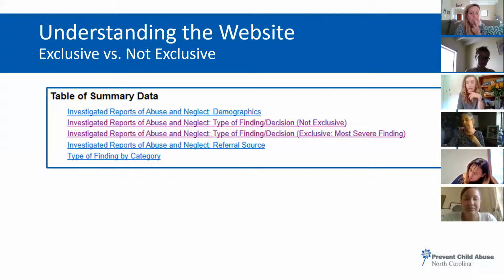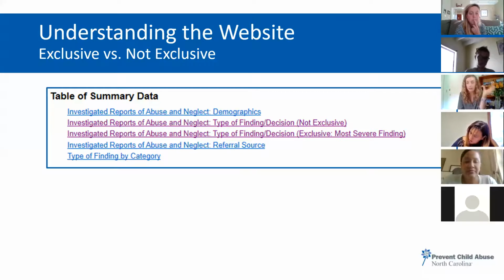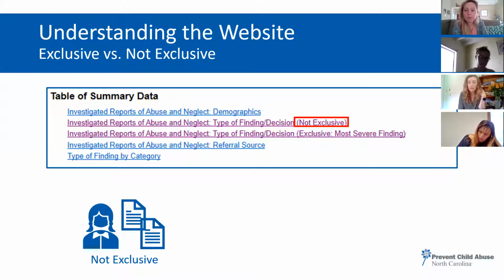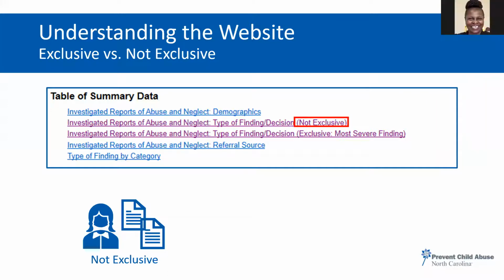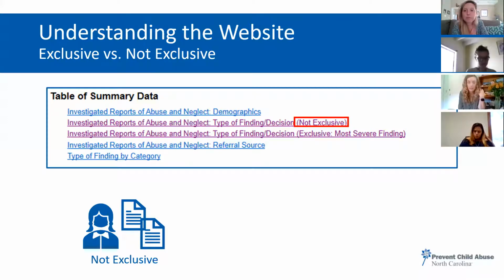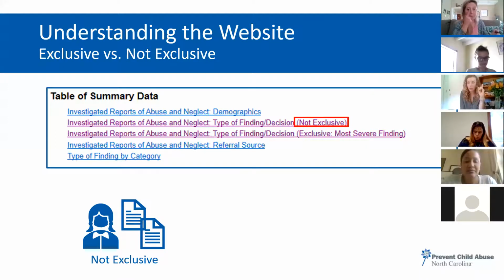And I'm actually going to try to give you an example that illustrates the difference between the two tables. So when you're looking at this not exclusive table, basically what that means is, let's say we have a child, I will call her Sally, and Sally is going to be represented in this not exclusive table as one under the total because she's one child.